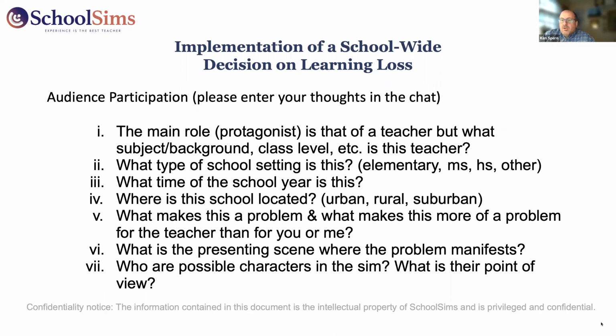So who are the characters that we're interacting with as part of this problem? Is it a group of students? Are there other stakeholders? Are there colleagues, other teachers? Are there other potential resources that would be present in a building, counselor or special ed or whatever? Is there a principal or an AP that we want to have, or a department chair? Who are the possible characters that we'd want to have in this, if you think about a ripple effect in this problem? They don't have to be exact, but who's in that ripple effect that we'd want to be cognizant of? Parents, obviously, sorry, didn't mean to leave them out,